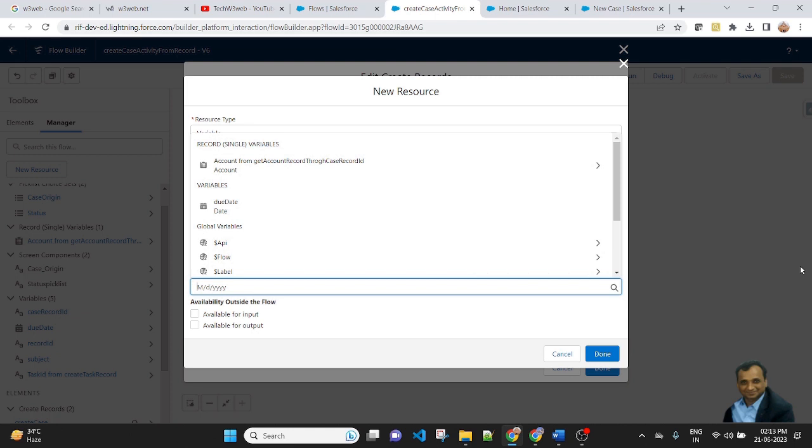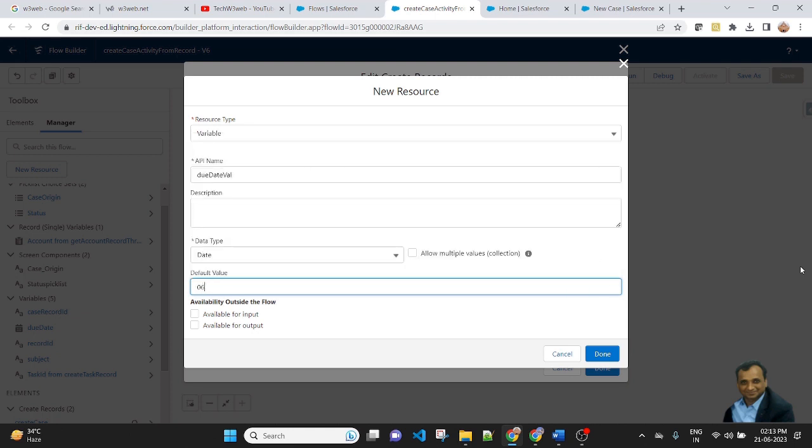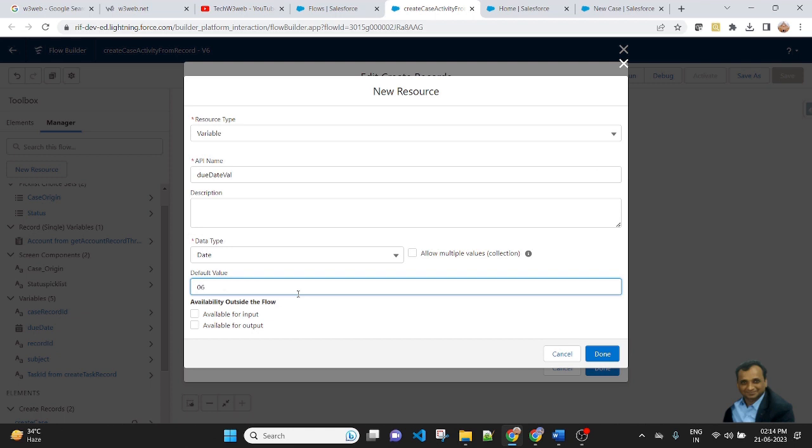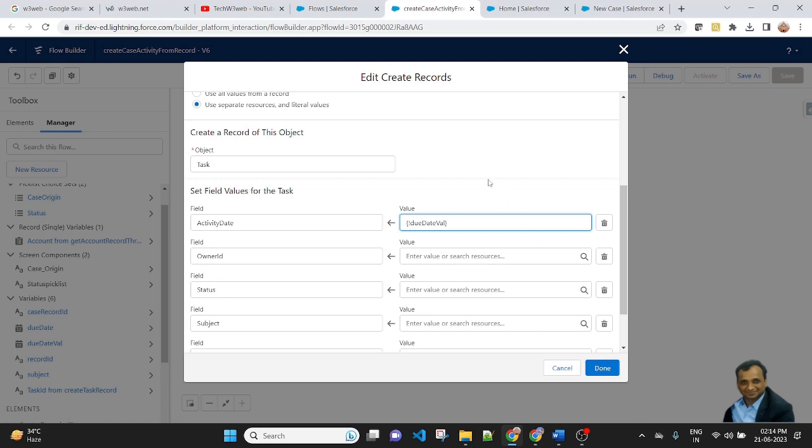So today is 06/26. Here is the month, day, and year. So month 06, day 21, and year 2023. Then done. I created a variable for the activate date.